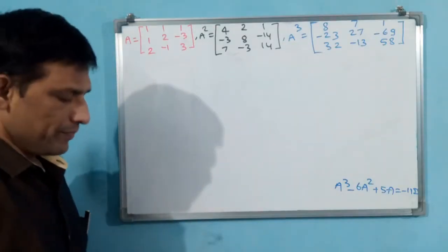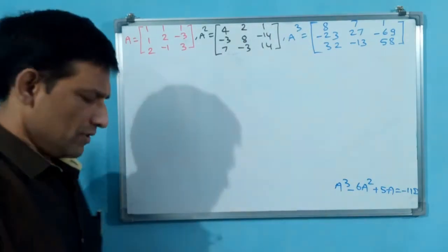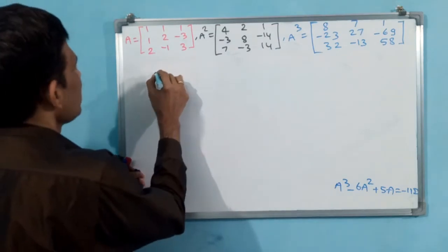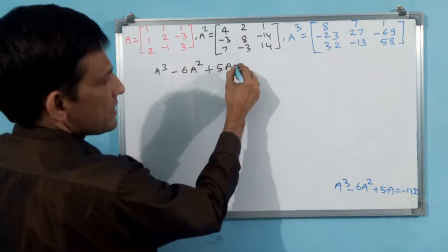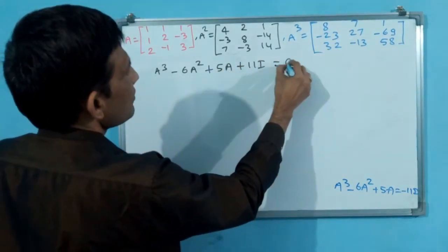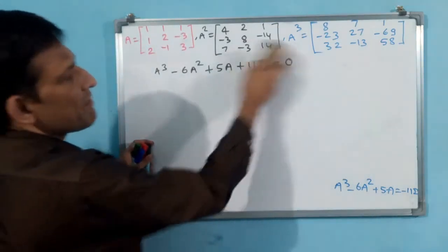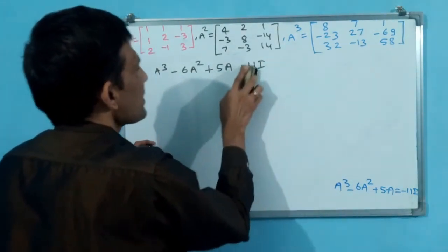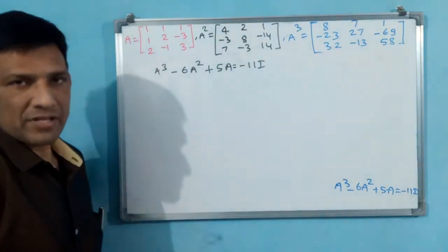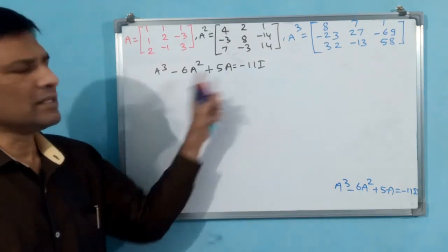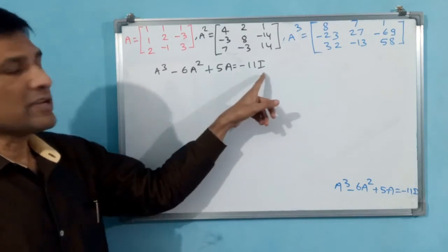Okay, now you see, we have got a square, a cube. See, what we have to prove? We have to prove like this: a cube minus 6a square plus 5a plus 11i is equal to O. Now what I have done, see this 11i, that side I have changed. That means automatically this is going to become minus 11i. Is it okay? Why? Because one operation you can reduce. You can write this, like an equation. That is not wrong. a cube minus 6a square plus 5a is equal to minus 11i.